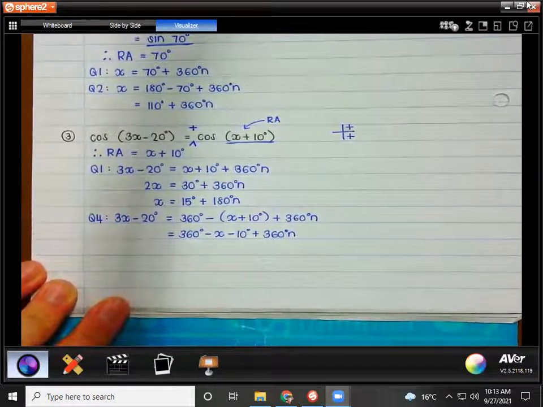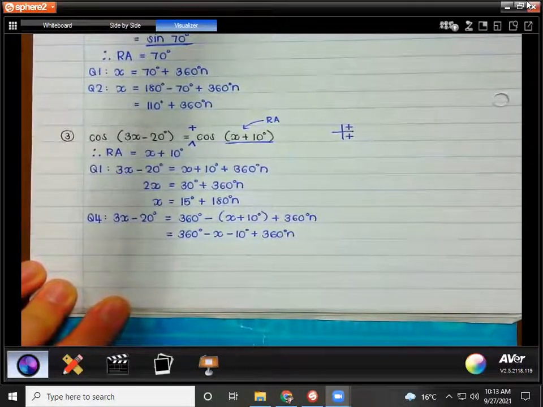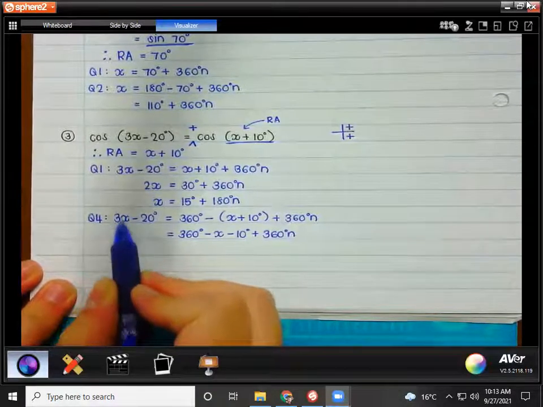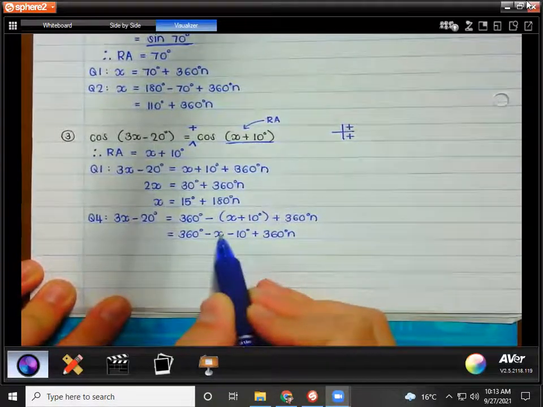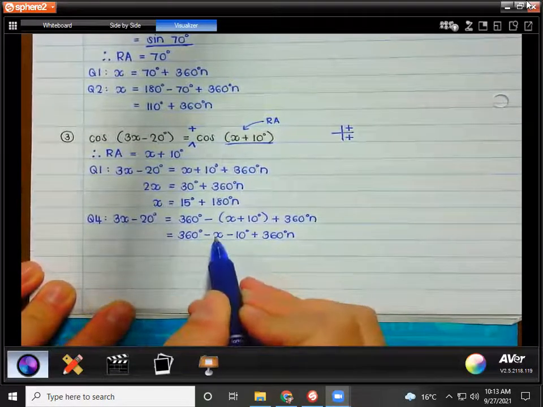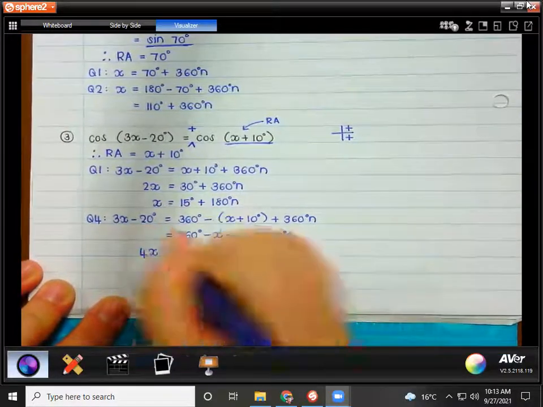Now we must move all the x's and all the numbers. I have 3x here. If I move this, negative x is going to become plus x. What's 3x plus x? 4x equals,